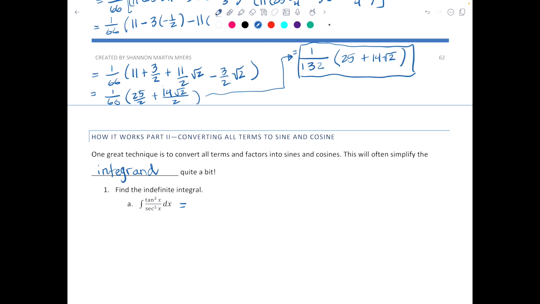So if I rewrote this, tangent squared at x is going to be sine squared at x over cosine squared at x. Now, 1 over the secant function is the cosine function, so we'd have cosine to the 5th at x, and then times dx. So this one will end up being sine squared at x times cosine cubed at x dx,